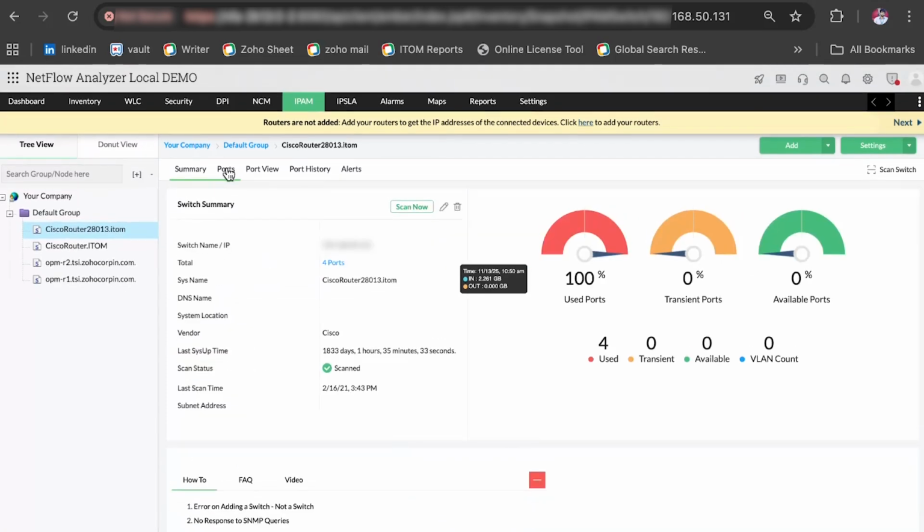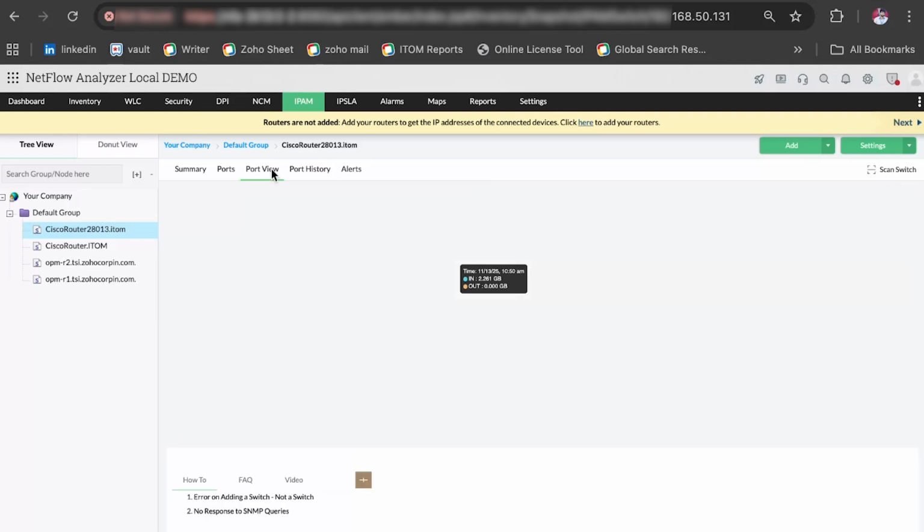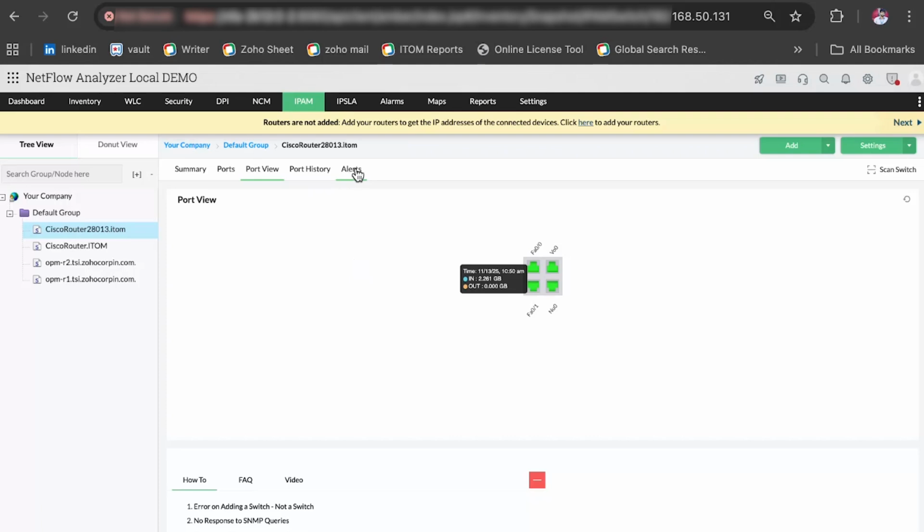Then we have ports. So here we have all the ports scanned in your network and provides port availability information to tell you whether a particular port in your network is being used or is available. Then we have port view. So this graphically displays switches and the ports that are connected to them. We have port history as well, and we have alerts, which basically curates and displays alarms raised by the switches